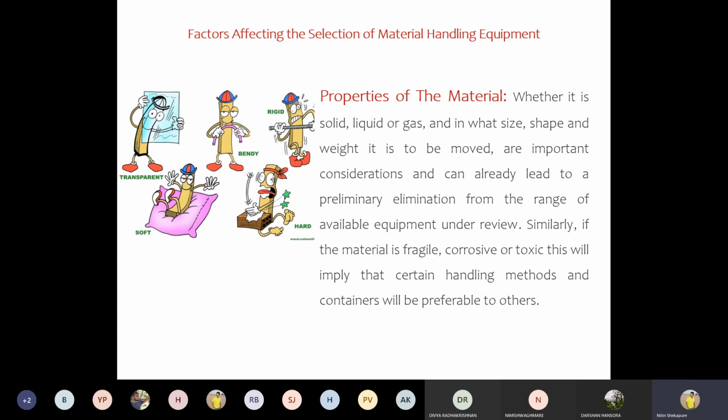But when we think from an industry point of view, we need to go through each and every detail. It is not only about whether it's a solid, liquid, or gas, but at the same time its properties. It may be corrosive, it may be toxic, or what effect it can make. This is the material required to handle a liquid like water. You may go for a plastic pipe, you may go for a metal pipe. But if it's an acid, you cannot go for a plastic pipe. It's a very simple phenomenon. So that thing we need to consider.